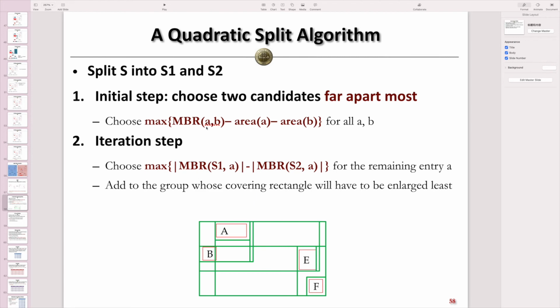In other words, we can find, according to the formula, that the pair will be A and F. And according to the initial step, we will use A and F as seed nodes for S1 and S2. In other words, we will split them into two rectangles instead, which will be separated from each other, right? And we use A as one seed node and F as another seed node for S1 and S2 respectively. Given the seeds for S1 and the seeds for S2, then we can assign the remaining ones, B and E, into them, right? To select which one we should assign them to,